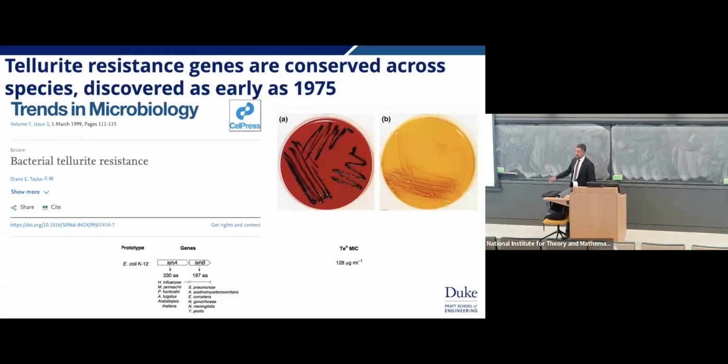Turns out that back in 1975, someone had discovered a handful of conserved genes in multiple species that would produce tellurium resistance. So bacteria have seen this lovely toxic metal before, even for nanoparticle size tellurium. And that's because when we think about bacteria, they've been around for a couple billion years, right? Old Earth interactions with metals that are completely sequestered that we couldn't survive around, but they had to figure out a way.